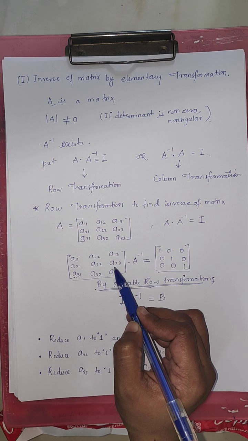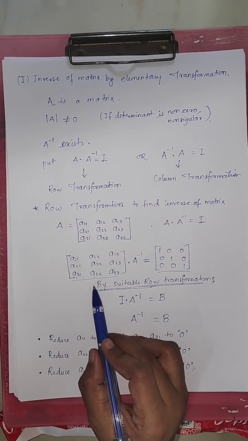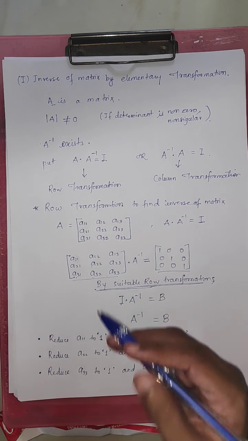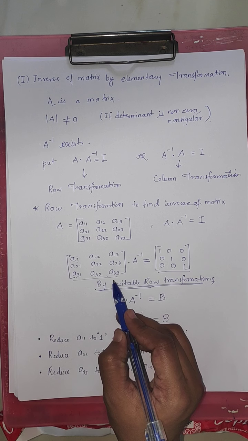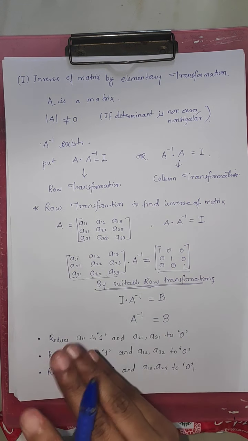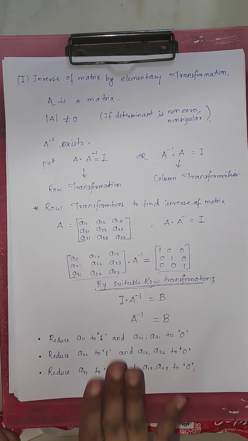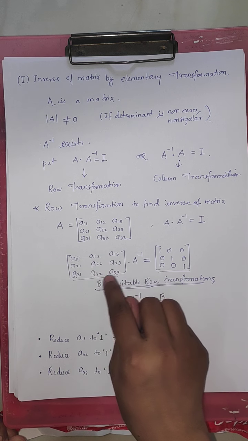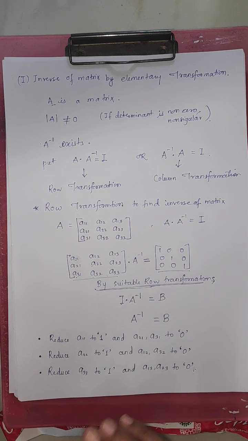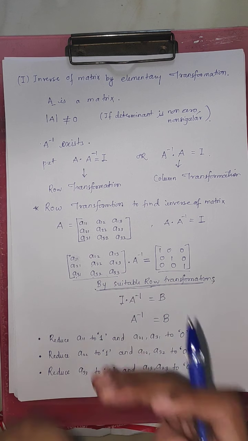If you follow some other steps, you will not get the proper answer. If we follow some other steps, the identity will not form properly. If we want to make it identity easily, we have to follow only these steps. This 1, these two 0, this 1, these two 0, this 1 and these two 0. When we go for the exercise, then you will clearly understand how it works out.